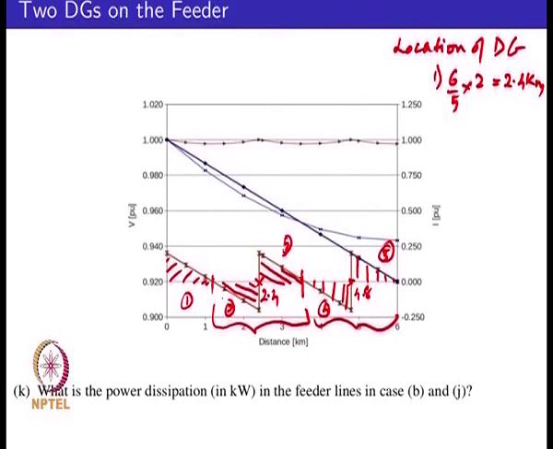there are 5 identical sections and the total length is 6. So, 6 by 5 and the location of the first DG is between your second and third section. So, you have 2.4 kilometers, the second is 6 by 5 and the location is between your fourth and the fifth. So, that is why you get 4.8 kilometers,